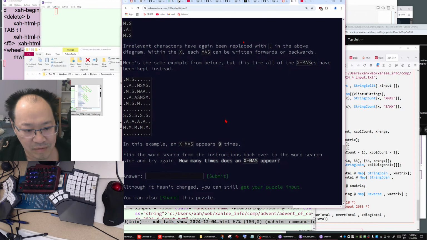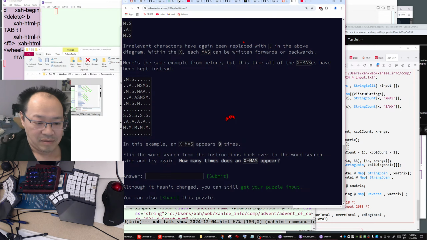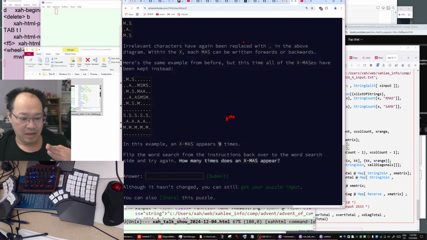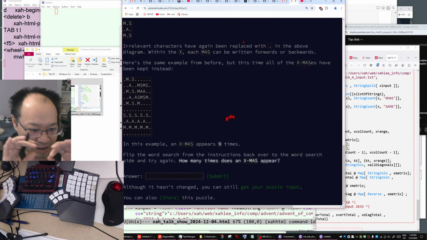Wait, so it's not just horizontal. So if you have a horizontal or a vertical, it doesn't count. Okay, actually you can forget about horizontal and vertical.